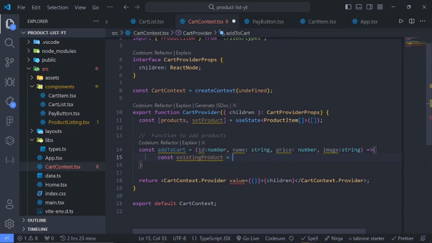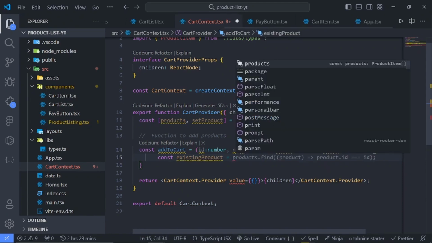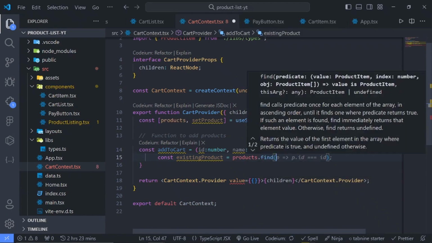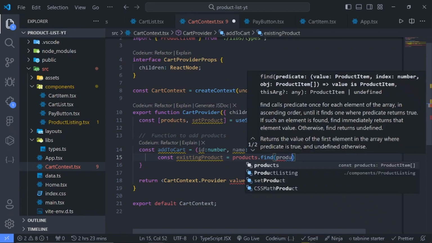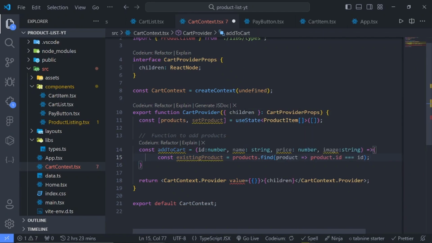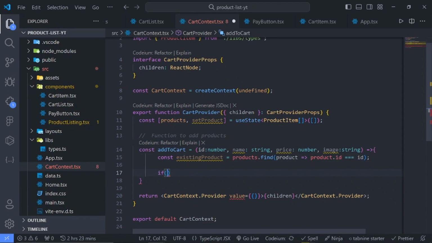Now we can try that again and say product dot find, and we want to find the product whose ID is equal to this ID that we have right here, or in our case, the one that is being added. So we check if that product ID is equal to that ID, this one right here. So say if it is there, which means there's an existing product,